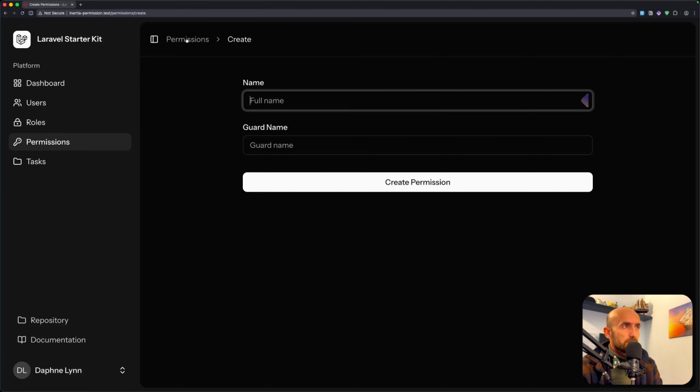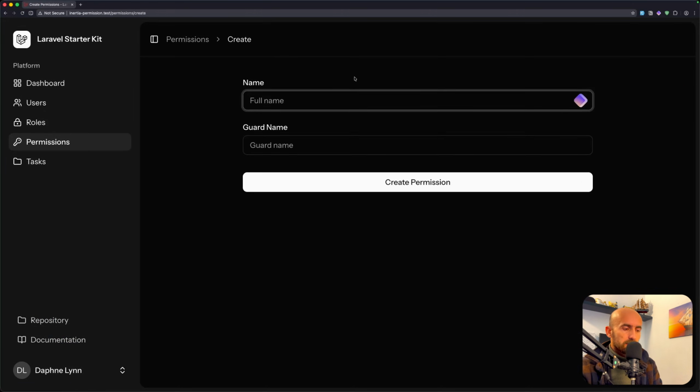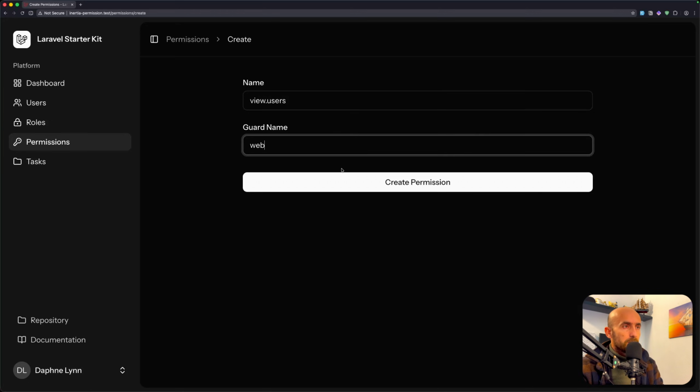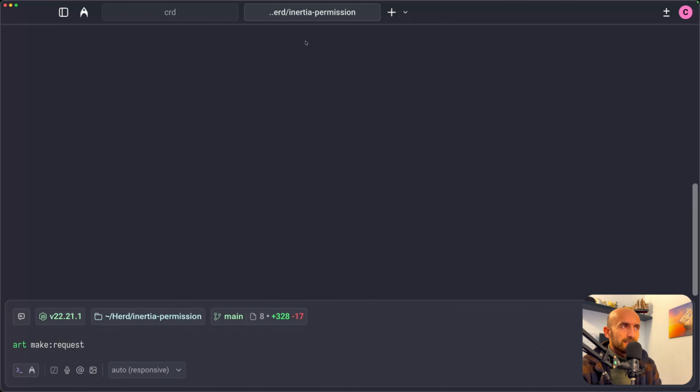Come here, refresh, go to permissions. Yeah, let's create a permission first. So I'm going to say view users. The guard name is going to be web. Create a permission. And this action is unauthorized. Yes, because we need to update